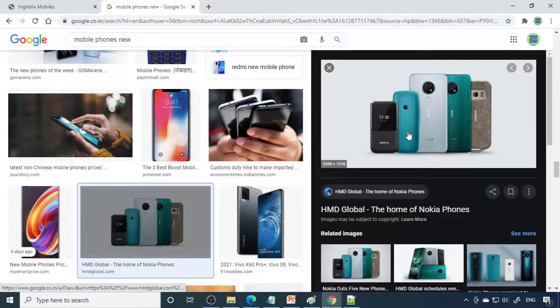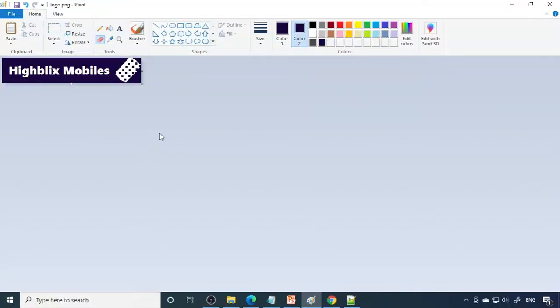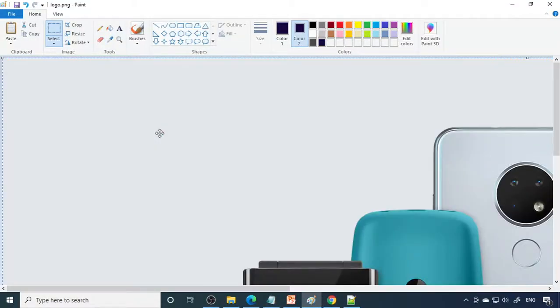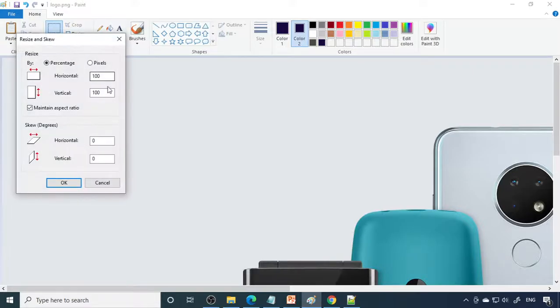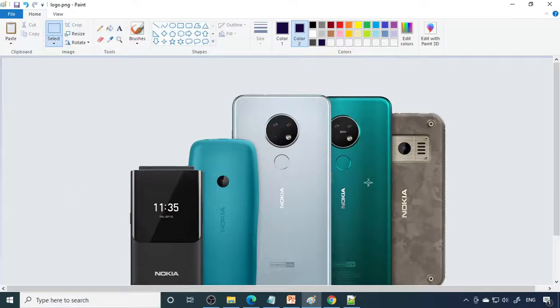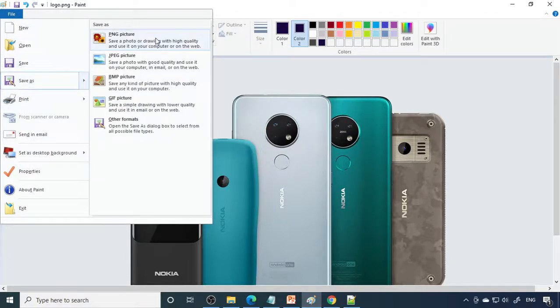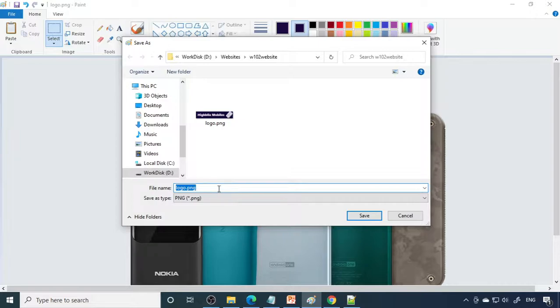So we'll take this picture, copy the picture. Again go to Paint, and here we can paste it. It's so big. We go to resize and see the pixels. It's 2560. We require 1366. Say OK. Fine. Now go to file and save as PNG. Now call this pic1.png.